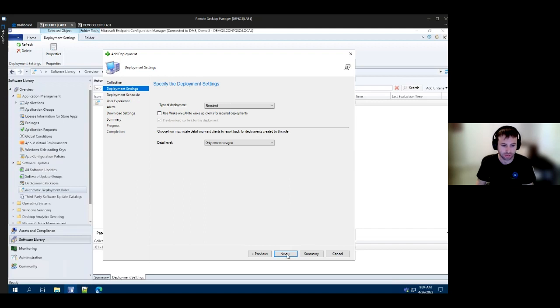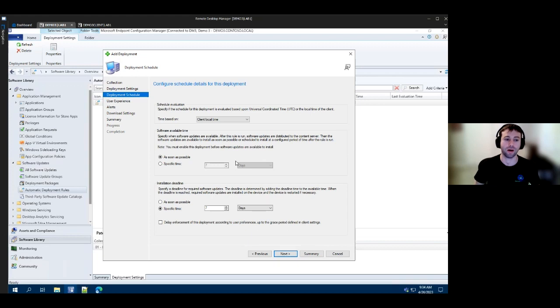Tab deployment requirement, next. Okay, so now we're going to talk a bit about when this deployment will be available. For the pilot group, we did everything immediately. For this one, we're going to give it a few days. For our production group, we'll give it 5 days to test, and we'll make it available after 5 days. Now, after that, we want a deadline, and we want a deadline before 7 days. And just note that this deadline date is additive with this software available time. So if I did 5 and 7, this would actually happen after 12 days. We don't want that. We want it after 6 days. So we're just going to add one additional day